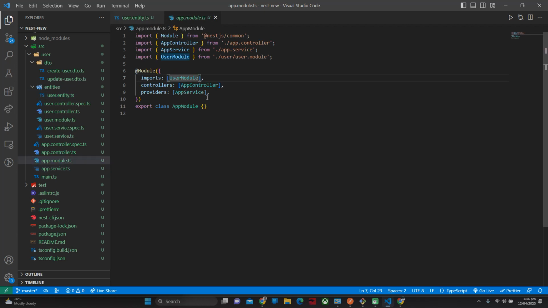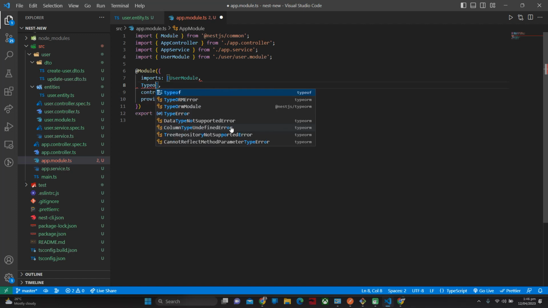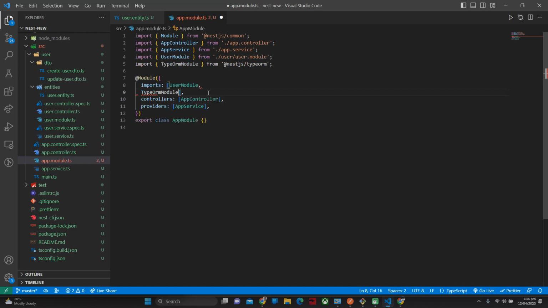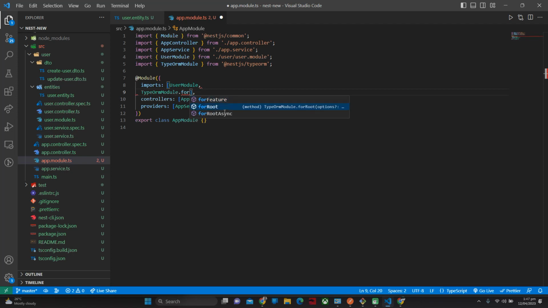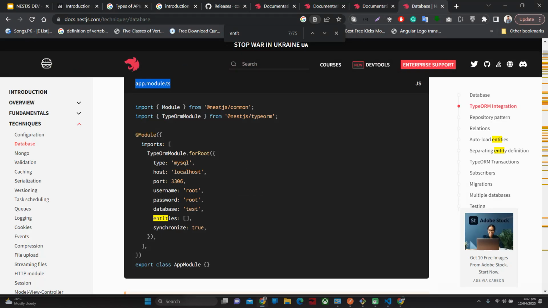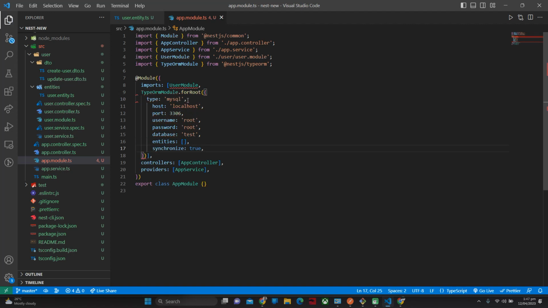NestJS provides us the recipes for the databases that we need to do. Here you can see how you can create a particular entity for a user. So I will just copy and paste it into our system before we move towards the setup of the TypeORM. Now, as I have created the basic entity, I will just create a TypeORM connection here, and